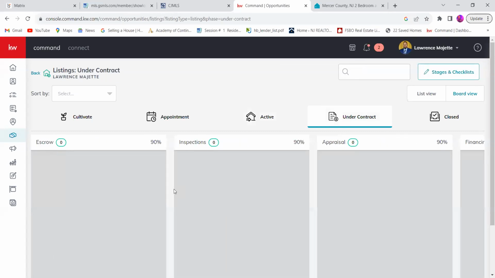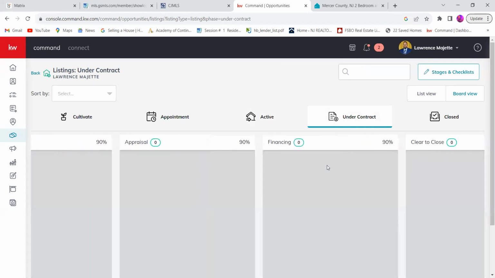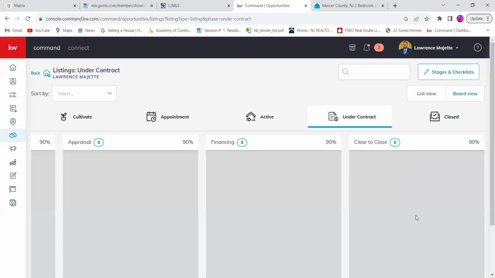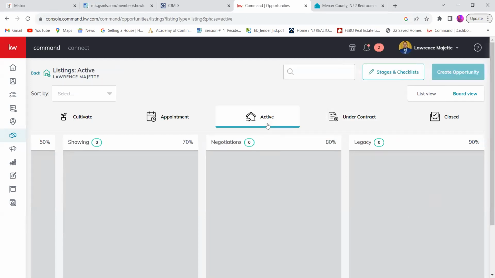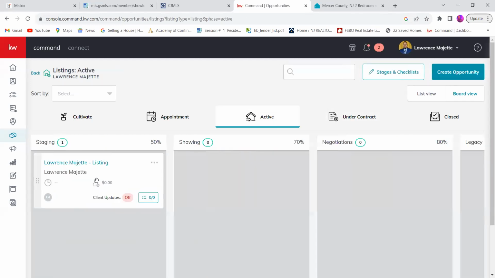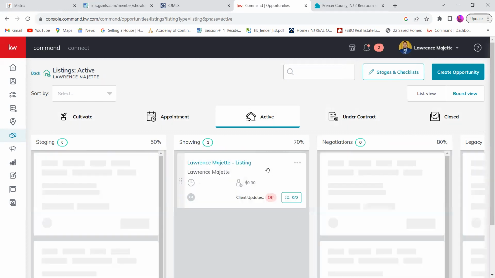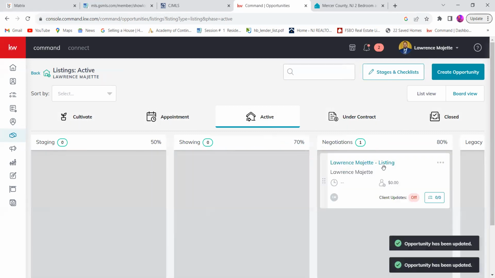Then we get into your under contract. So now this is where escrow comes in. You do your inspections and appraisal, your financing, and you're clear to close. Now, during this whole thing, you're still going to be moving, right? I'm still going to be moving myself during the stages, right? So I can keep track of where I am,